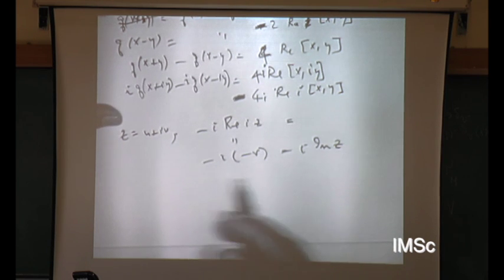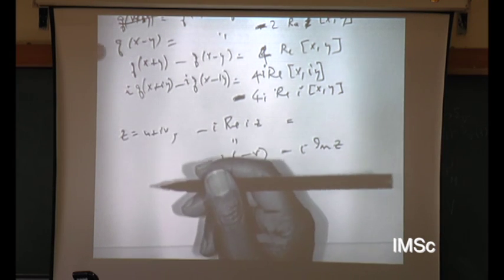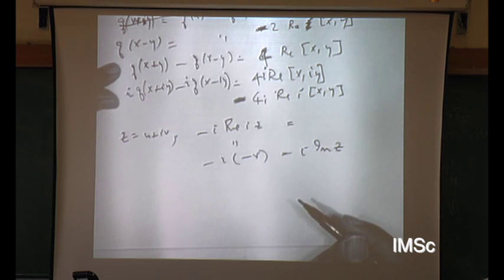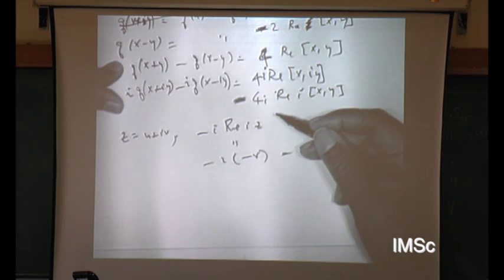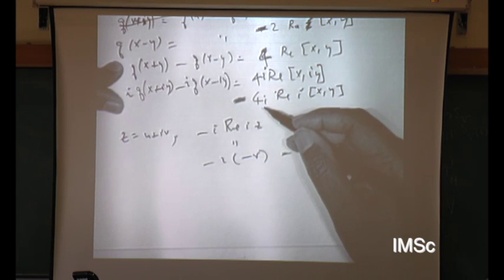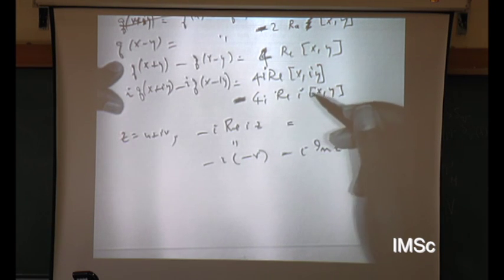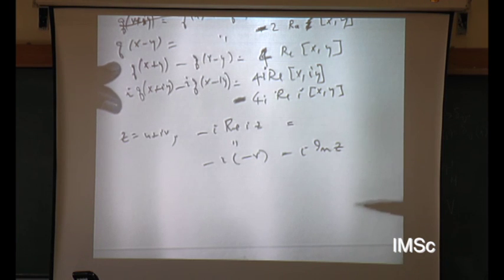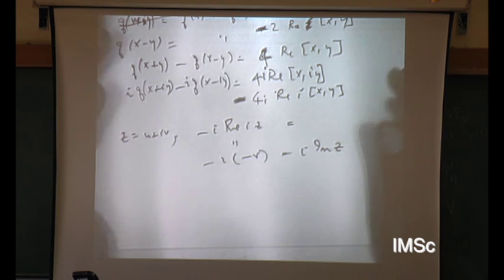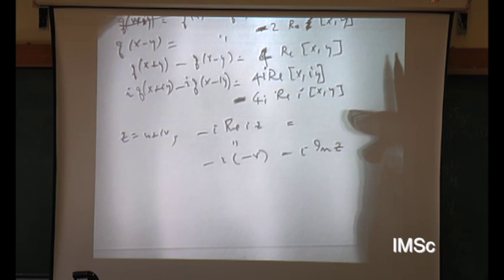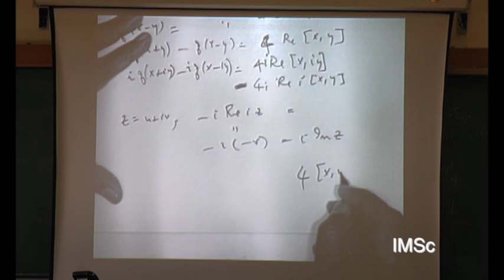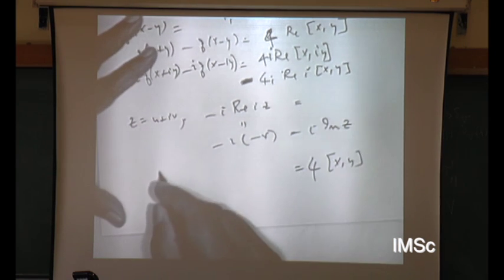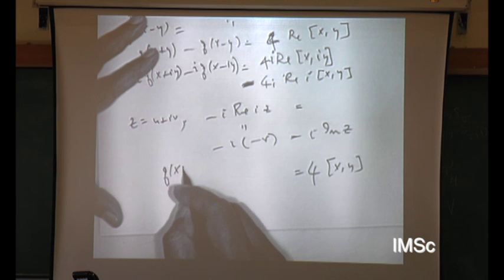So what we see from all this is that if I add these two equations, then what I have is 4 times the real part of z plus 4 times i times the imaginary part of z, which is just 4z. The right side will just give you 4 times ⟨x, y⟩. Right? So this will tell you that 4 times ⟨x, y⟩ is q(x plus y)